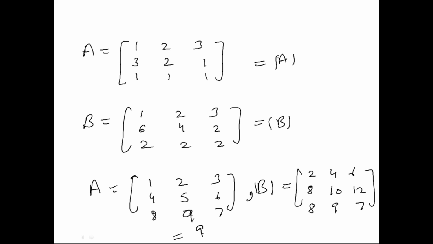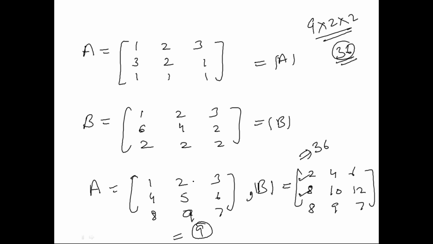Determinant A is 9, okay. Avni, determinant B? It should be 36. Yes. Now you can see that the original matrix had a determinant of 9. So I multiplied the first row with 2, so the determinant got multiplied by 2. I multiplied the second row with 2, so we multiplied the determinant again by 2. So 9 into 4 becomes 36.